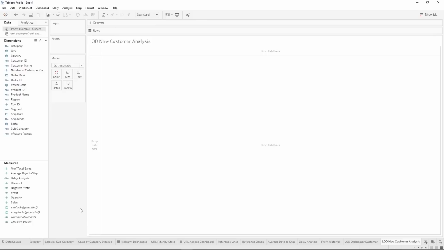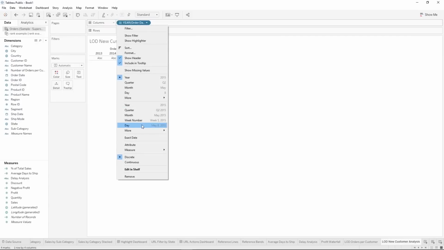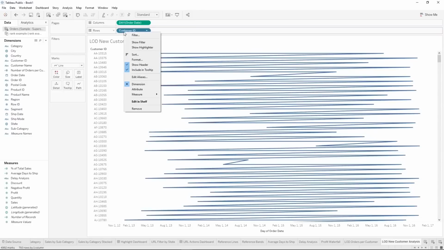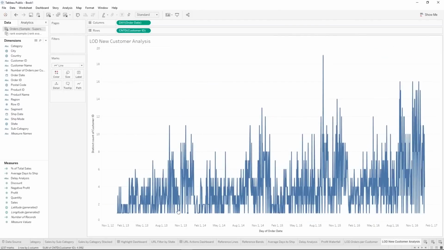So this visualization is going to be about customer acquisition over time. When we do things over time, we grab our date and pull it up here. For a line chart or anything over time, we're going to use these so that it makes an axis, instead of just change to line, instead of dimensions or something that is not continuous. And then we're going to take our customer ID, pull it onto rows, but let's change it to count distinct customer ID, and now we can see our count